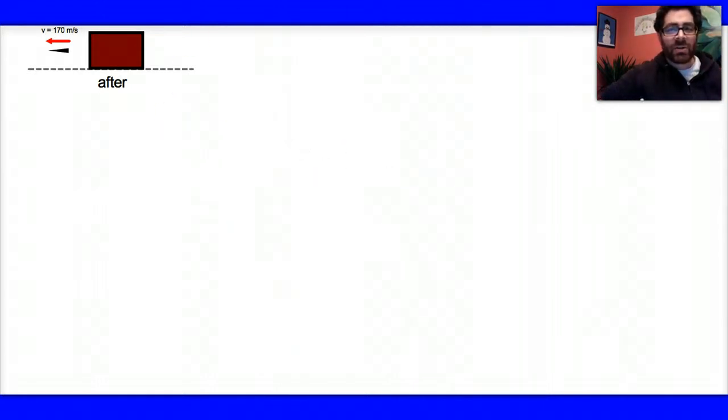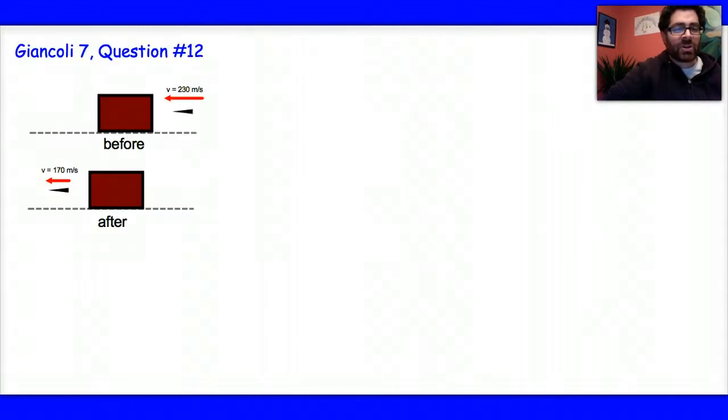So you can see here that I've made a sketch of what's going on. We've got the bullet, and it moves into the block of wood, but it doesn't stop there. So it's not an inelastic collision because they don't hit and stick together. If I were looking at this in real time, the bullet comes in from some distance, slows down, and then just comes out through this block of wood